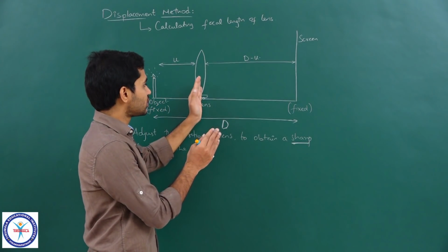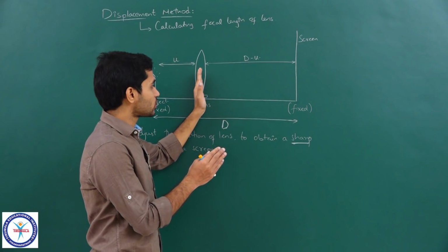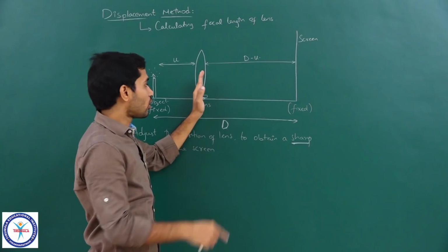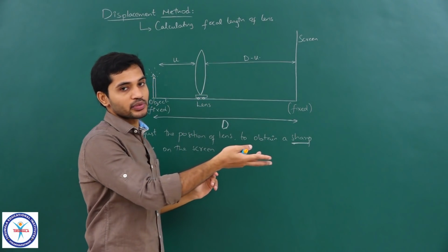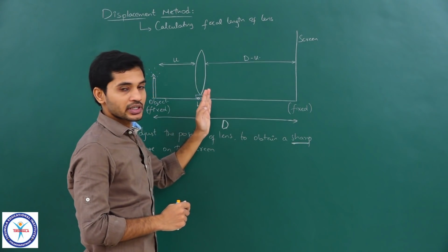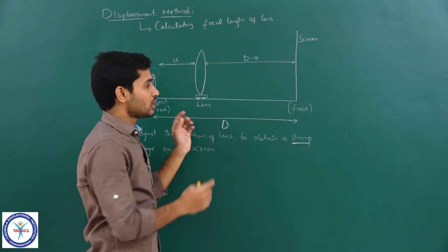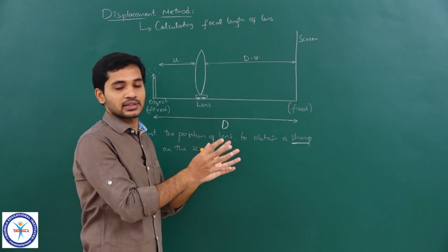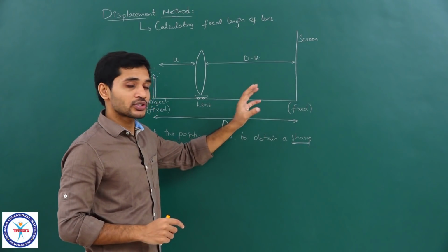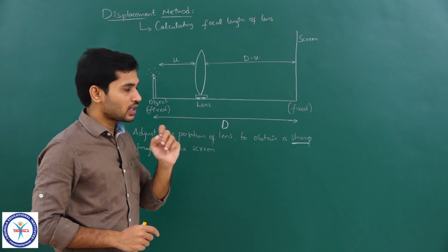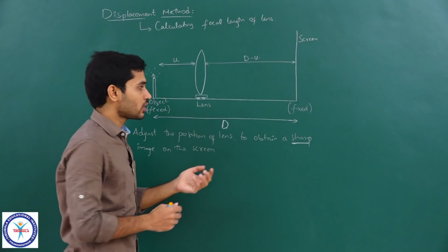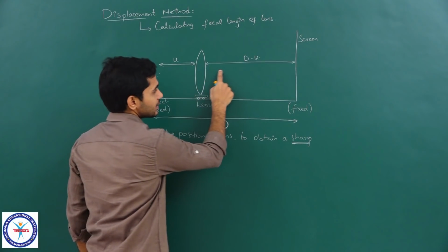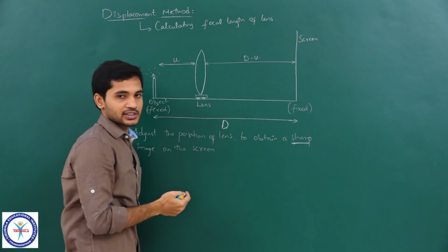So, if you move the lens away from this position, once again the clarity will be missing in the image, or if you move towards, the clarity will be missing, clear. So, only at one particular position, as you are moving it, you will observe that the image is very clear. That image is what we call a sharp image. And when will a sharp image be formed? When the object distance is this and this length is exactly equal to image distance, clear.